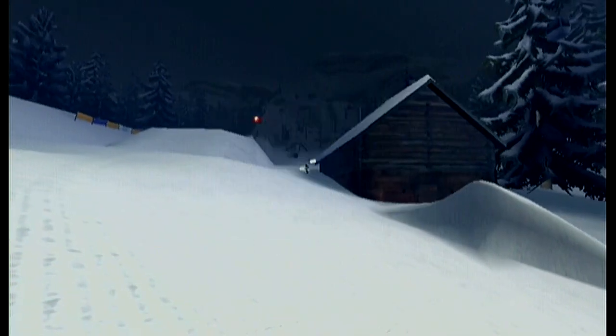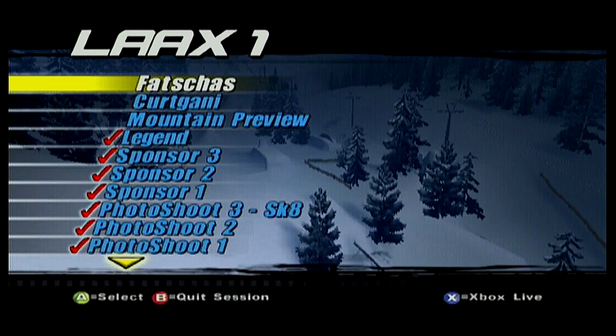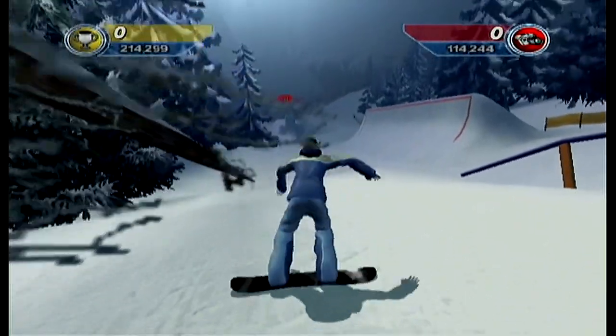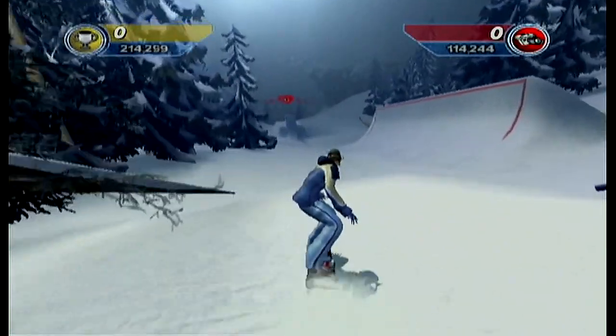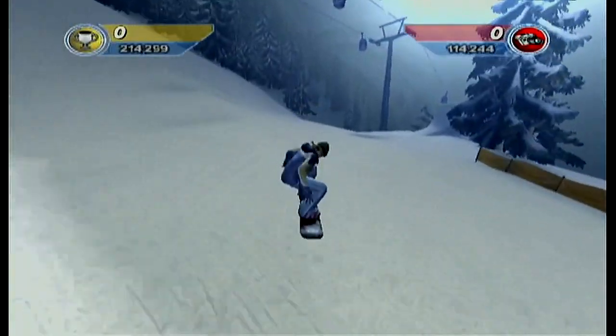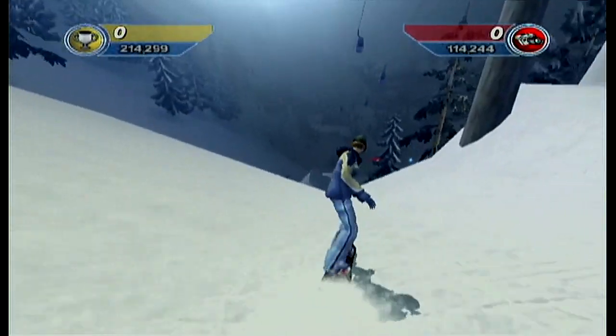And now after Mount Hood required a good amount of big air and ollie, Laax kind of steps it back. If you come at this too late with a character that has too high a big air and ollie, you'll be in trouble on some of these gaps, especially this first one. We go back to Fatschas and take the left path at the beginning, and this first gap might surprise you